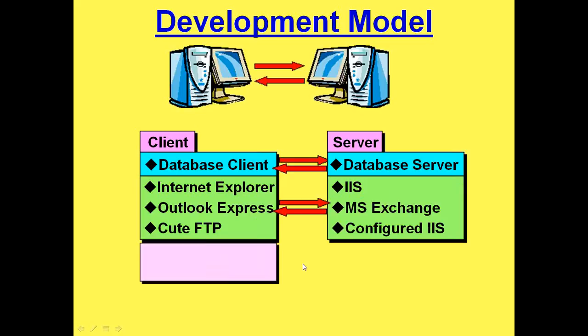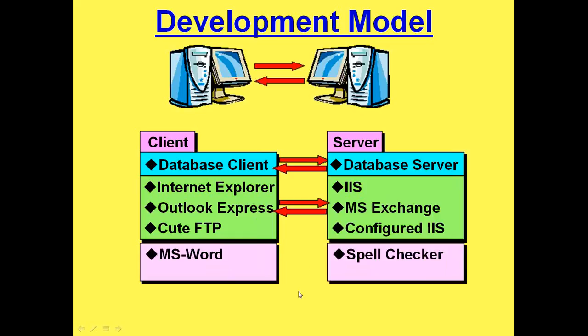So lot of clients are there, lot of servers are there. Even if you start typing in Microsoft Word, what you will observe in the background is the spell checker and grammar checker taking place. So MS Word and MS Excel are nothing but client components. So the current development model is that the client sends a request to the server, and the server understands the request and sends an appropriate response to the client.